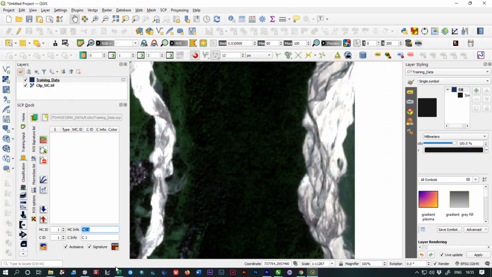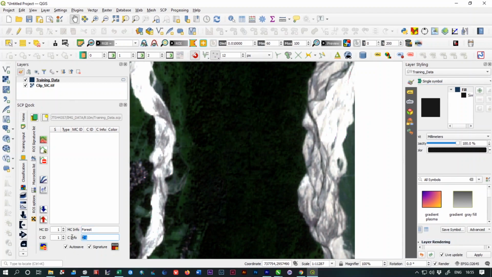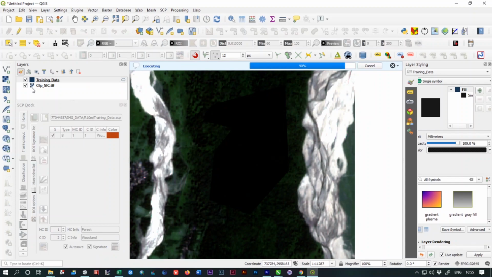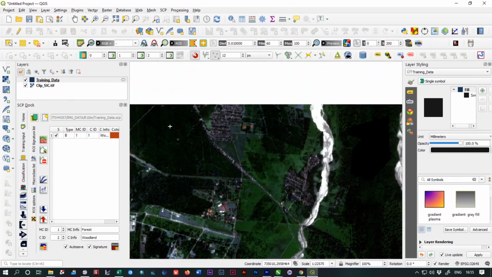So we are going to give the macro class ID as forest and under the class ID type woodland, and make sure these two options are checked. From the create ROI polygon option, you're supposed to create the specific area of woodland. Click on add. This will add the signature in the training sample.